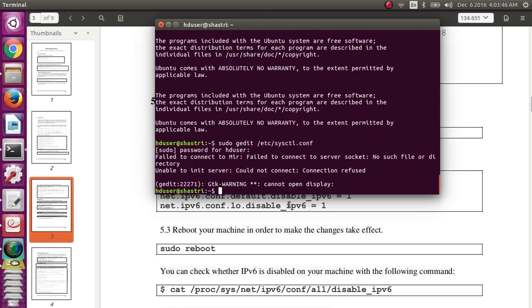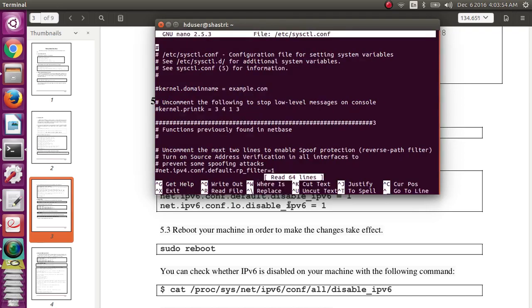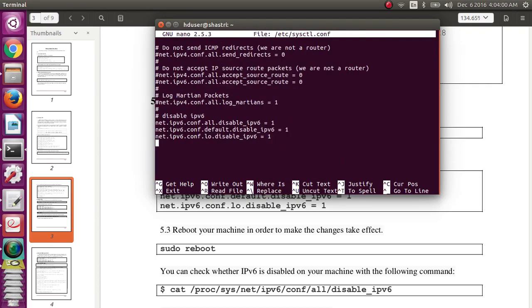If you cannot open it, you can open it with nano instead of gedit. In this system file, check at the end whether all these IPv6 options are assigned the value 1.